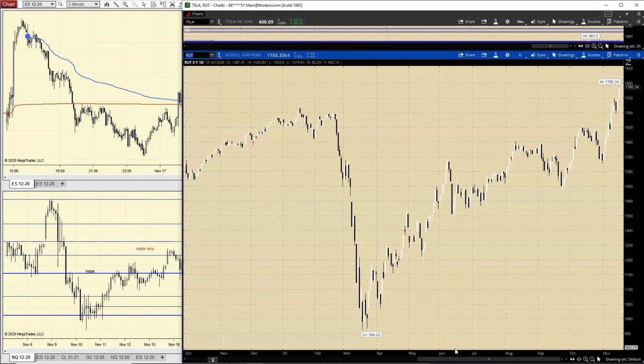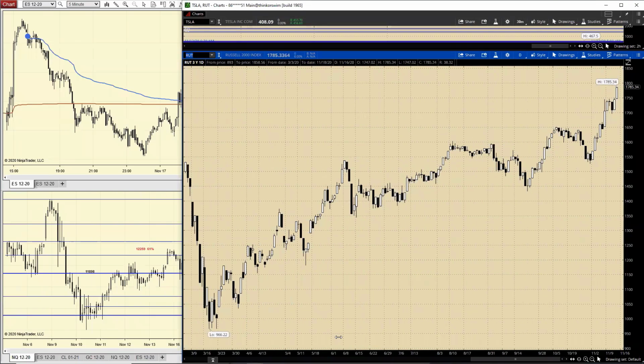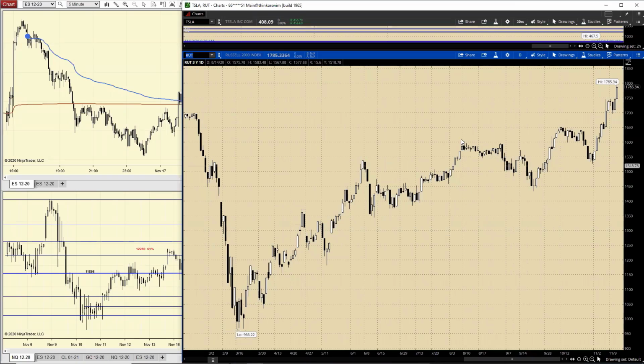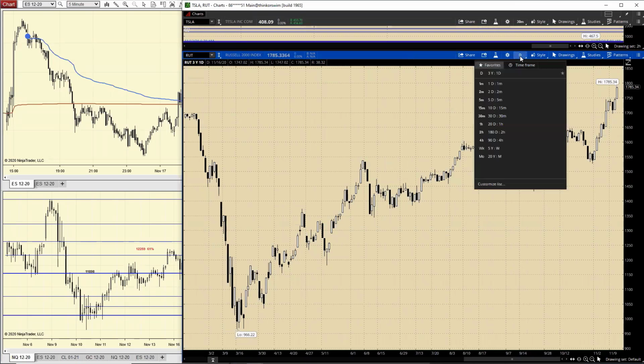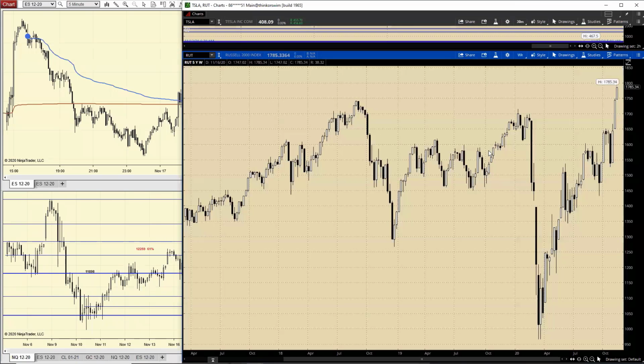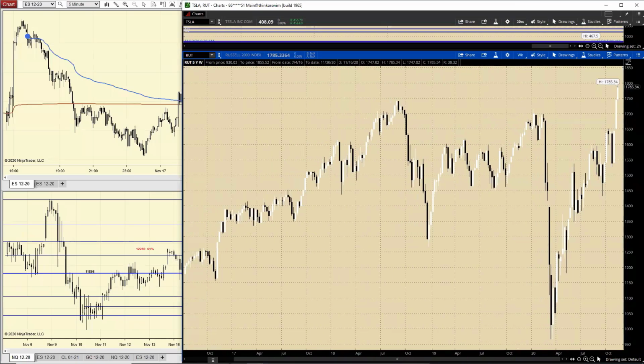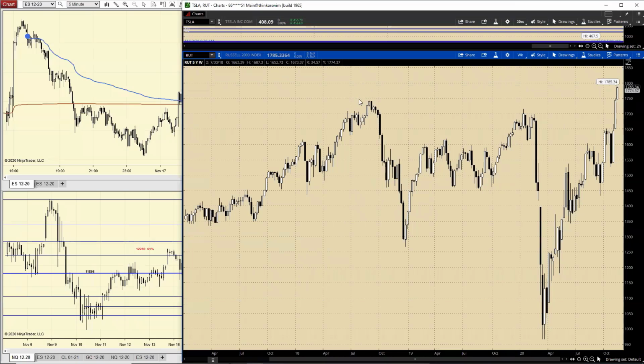Look at this. It is really breaking out. It's doing the best of all the indices. Let's go to a weekly. Look at that. We were on the cusp as of Friday. Look where we're at now. We broke higher, even higher. So yeah, I see what you mean by targets.